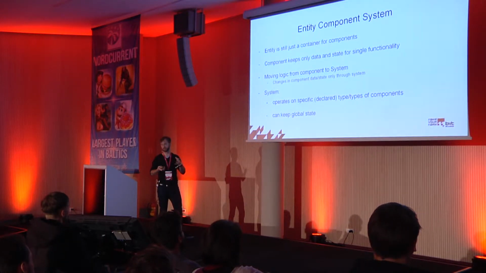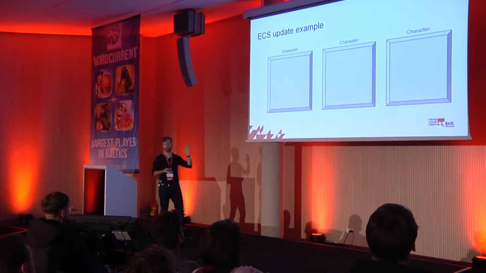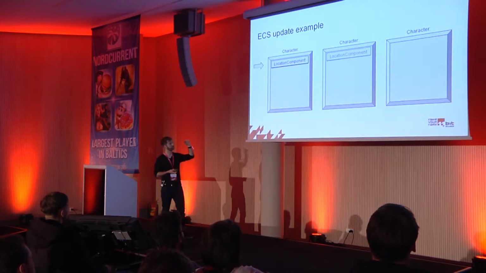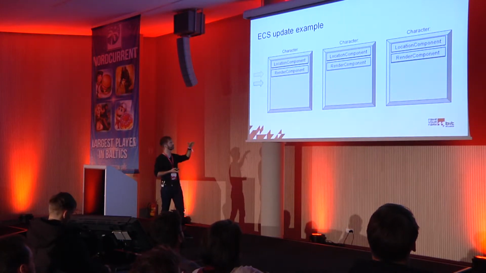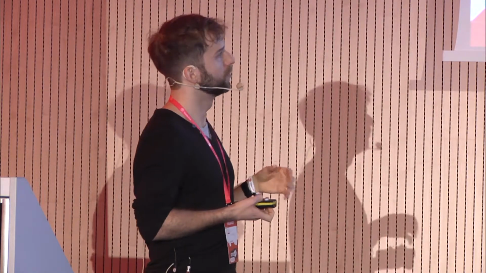So you can imagine that collision avoidance could now be made in a much more elegant way. Here is an example of how we update this. If we had This War of Mine, for instance, with three characters, each of them a container for components, then the update would go like this. First we update the location component of the first character, the second character, the last character, and then we go to the update of the next functionality. So we update render, for instance, then the next functionality, hit points, next, AI, next, the movement component. So it is a kind of horizontal update.